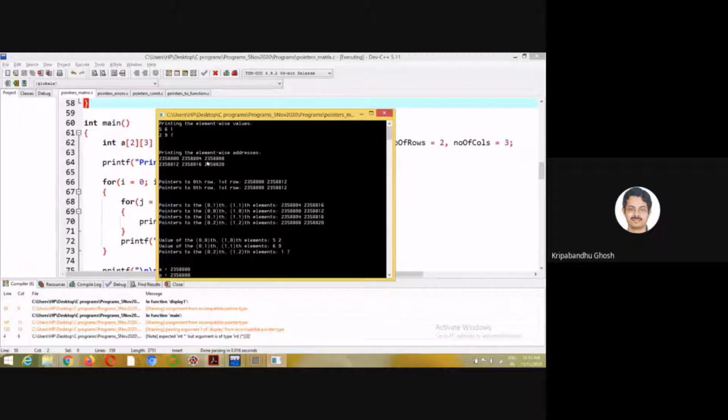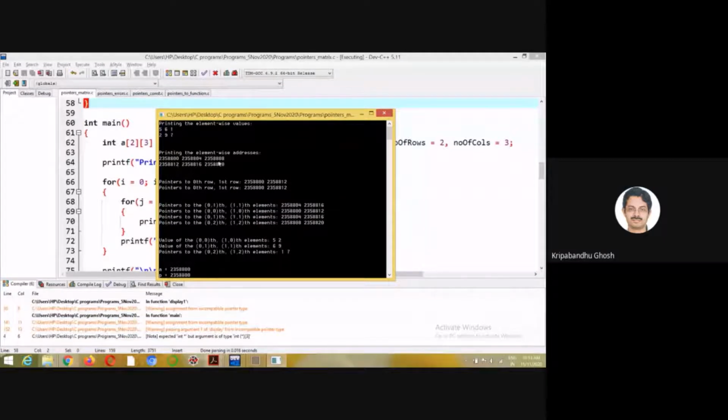And more interestingly, if you look at the addresses of the elements, we already looked at 5 and 6, right? So this is 1. What about 2? This is in the second row, or basically the 1th row. If we start with 0, then 0 is the index of the first row and 1 is the index of the second row. If you look at the address of the first element of the second row, you see that this is contiguous to the last element of the previous row. So after 1, 2 is allocated in the memory.